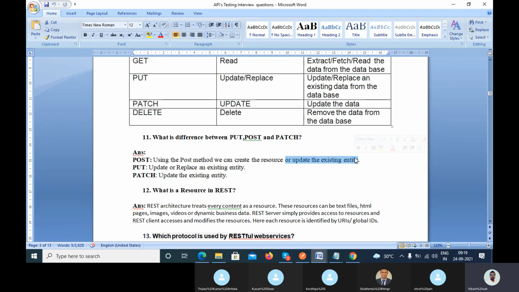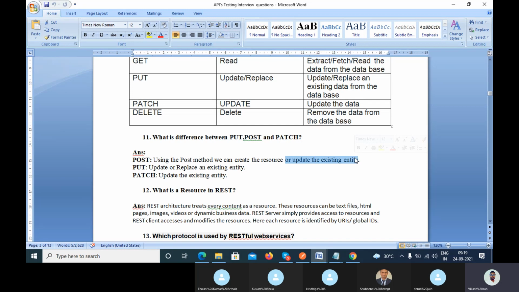But basically, the post method is used to create data. Most people know that the post method is only used to create data, because in one of my projects, they implemented the update feature as well. That's why I know this. Using the post method, you can also update the data based on the ID, right?